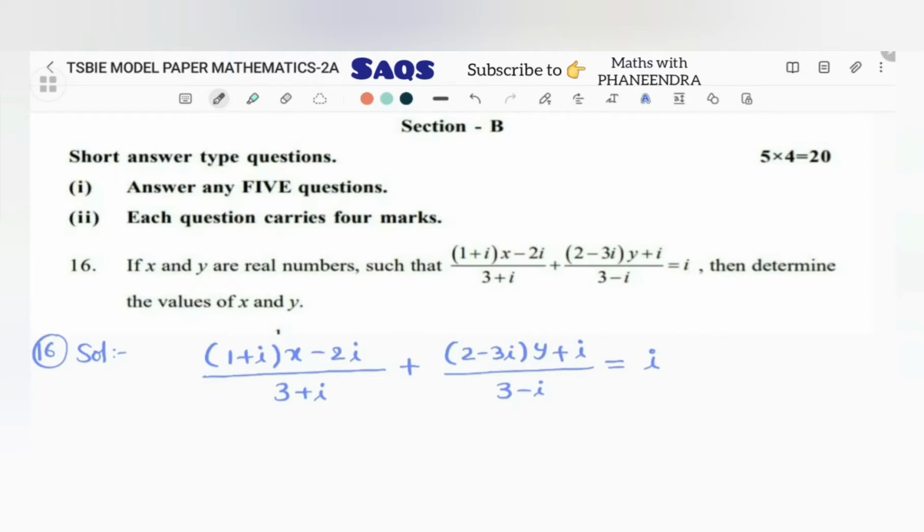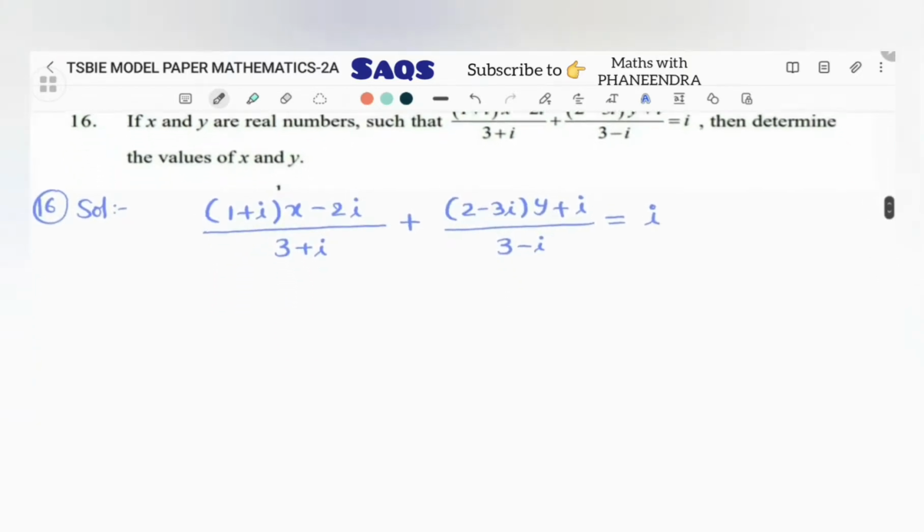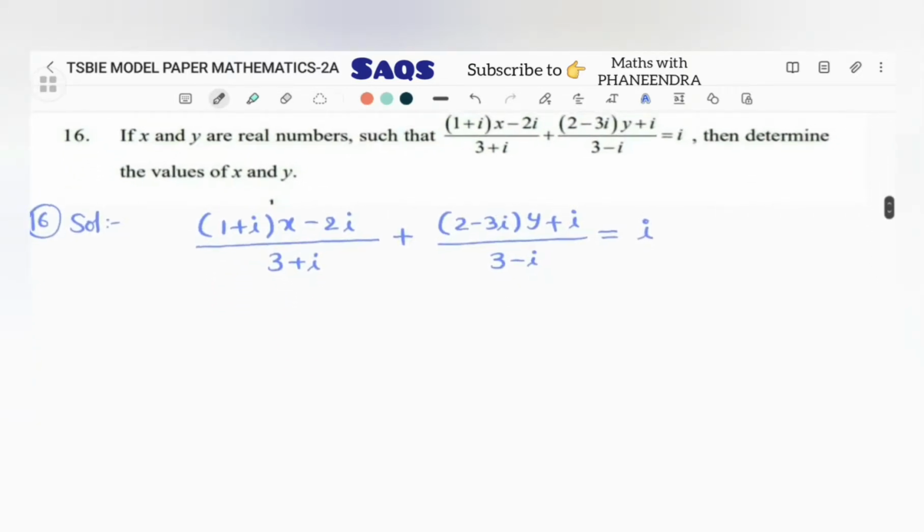If x and y are real numbers such that (1 plus i) into (x minus 2i) by (3 plus i) plus (2 minus 3i) into (y plus i) by (3 minus i) equal to i, then determine the values of x and y. So first what you have to do, you have to simplify. Individual terms are there, so I am rationalizing. Given complex number (1 plus i)(x minus 2i) by (3 plus i), multiplying and dividing by 3 minus i,